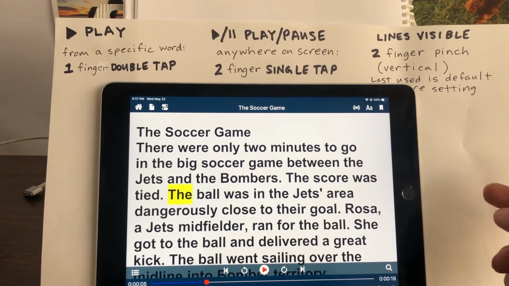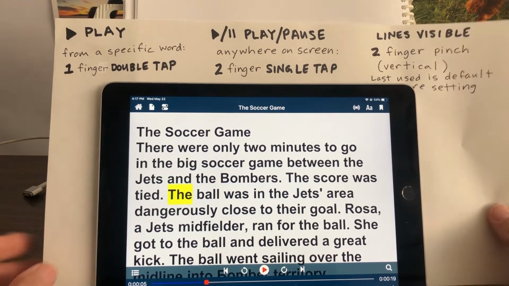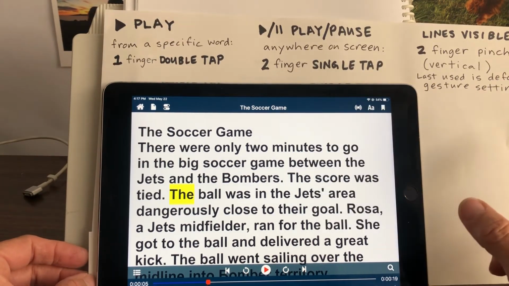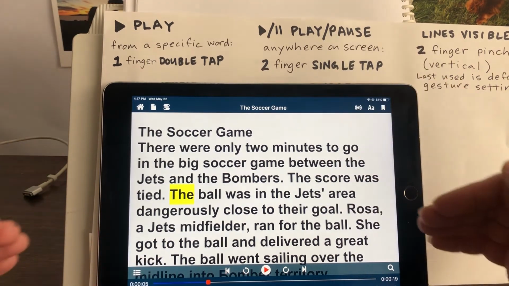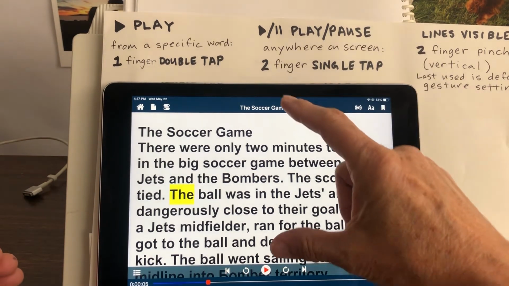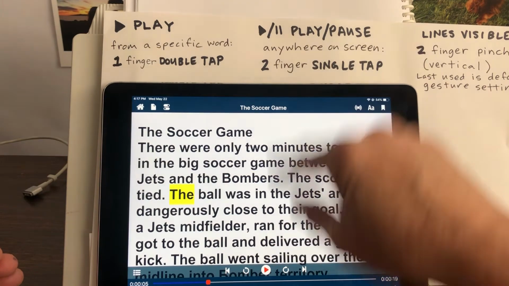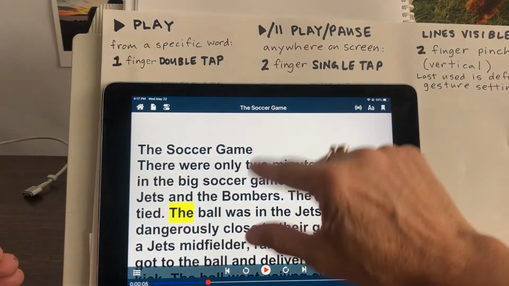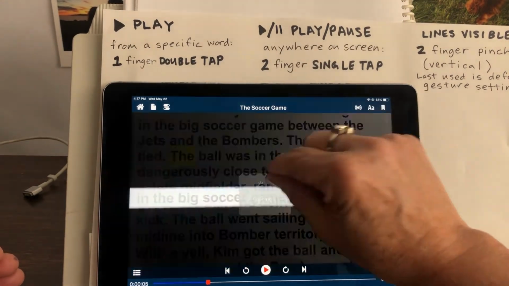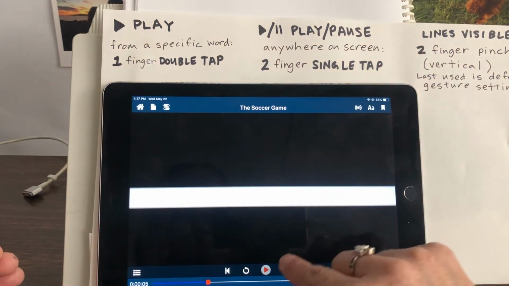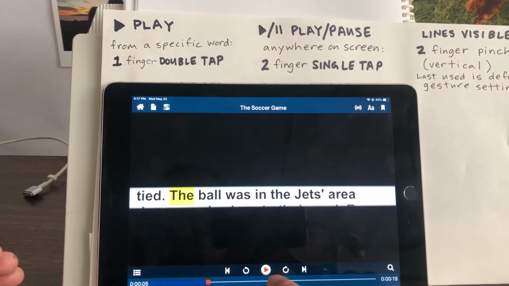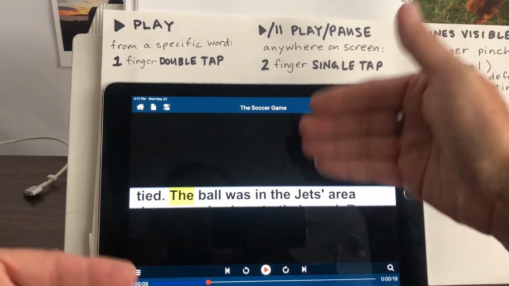Okay, then I just paused it with the 2-finger single tap. Okay. There's also, when you are in this plain text mode, you have an option to reduce the number of lines visible. So if I use a pinch gesture on a vertical axis here, that's just jumped to showing 1 line, and the ball kind of disappeared in there. There it is. So now if I play, I'm just seeing 1 line and there's black masking on the top